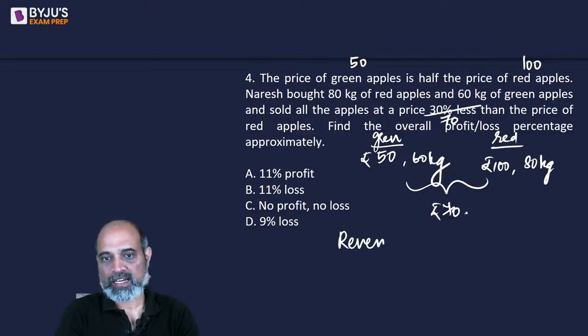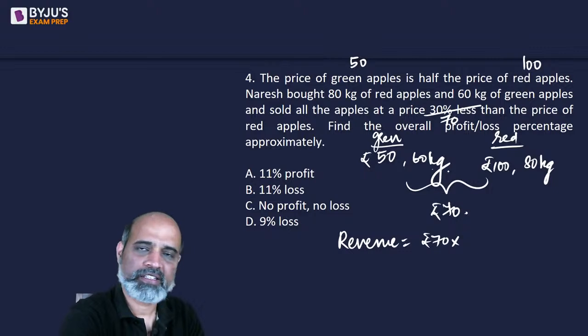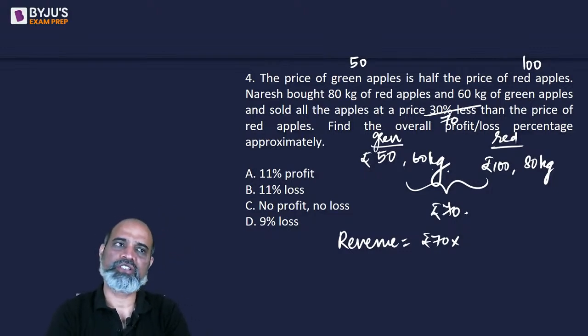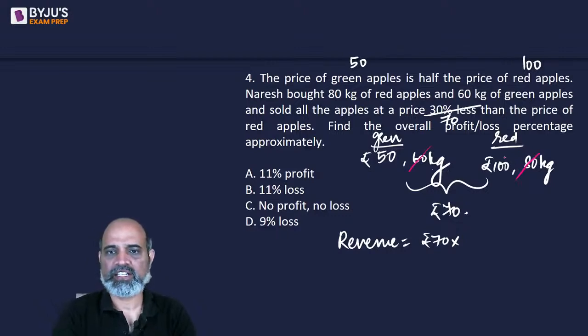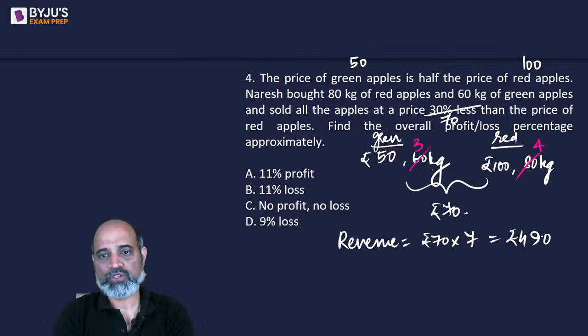So we can see that the revenue is going to be 70 rupees for a total of 60 plus 80. Let's simplify 60 and 80 also, right? Average depends on the ratio of the quantities and not the actual quantities. So instead of 60 and 80, we can say this is 3 kg and 4 kg to make the calculation quicker. So this is 7 kgs. So 490 rupees he is going to earn,